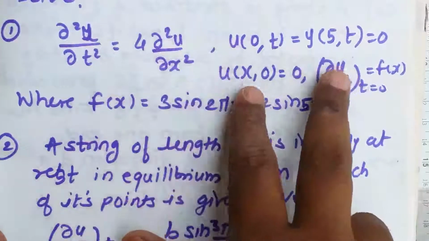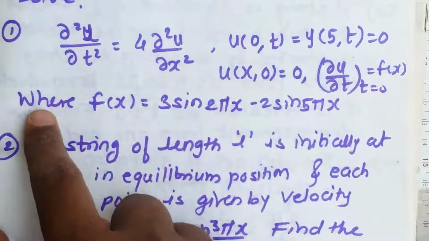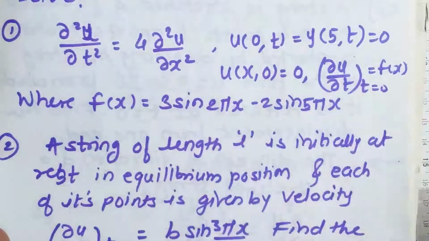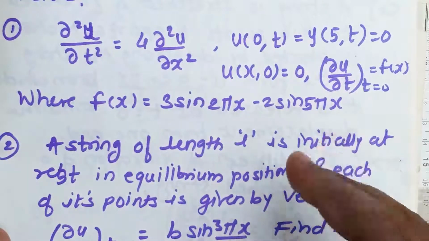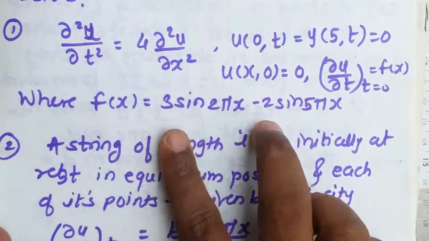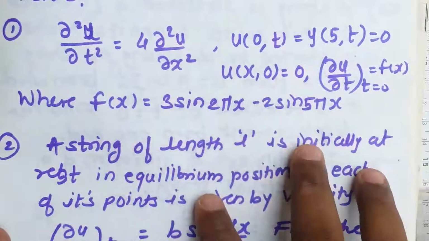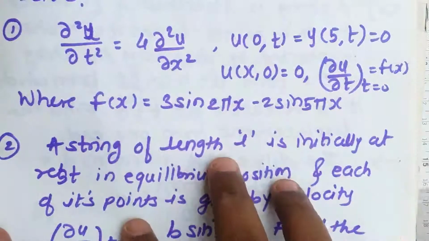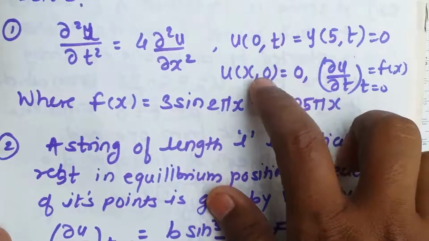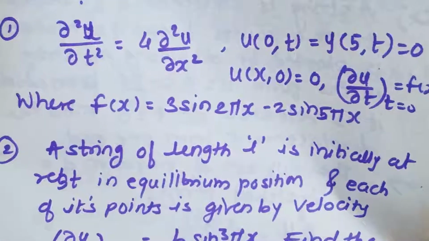Here conditions are directly given. Instead of displacement, velocity is a function of x, and the function of x is in terms of sine. So when it is in terms of sine, you don't need to calculate Bn using integration. By simply comparing, you will get some constants of Bn as non-zero. Only two constants you will get here as non-zero, and the other constants will be 0. One problem of this type we have done already. Here also, first you use this condition, then this condition, then this condition, and this condition, and try to get the solution of this problem.